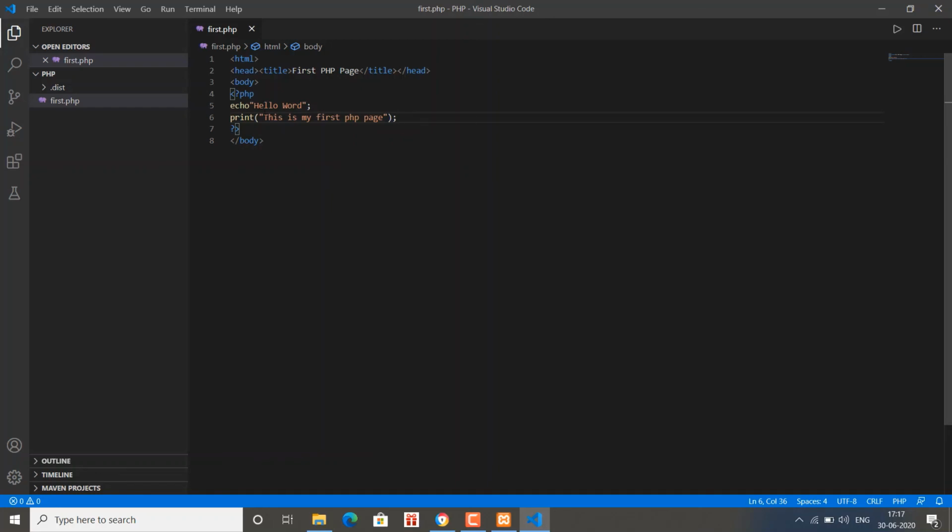So this one gives the output hello world, and this one gives the output this is my first PHP page. How they work, why they are used, and when we use echo or print, we will learn in the coming lessons. So this is how we can create our first program in PHP, run it, and save it.